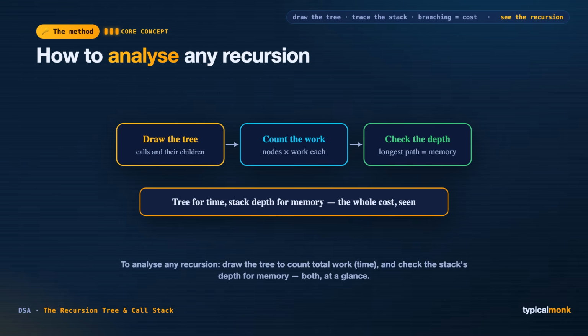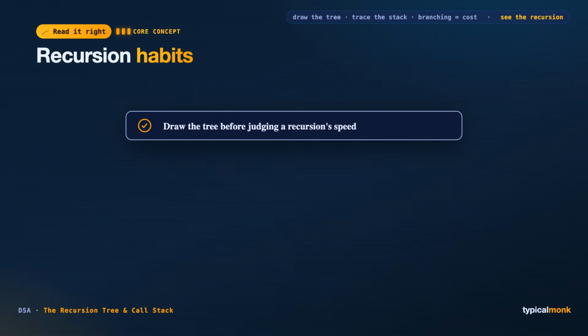So the takeaway, to analyze any recursion, draw the tree, count its nodes for the time cost, and measure its depth for the memory cost. Tree for time, stack depth for memory, and you have read the whole cost at a glance. Let us close with the habits that make these pictures a reflex rather than a one-off exercise. First, draw the tree